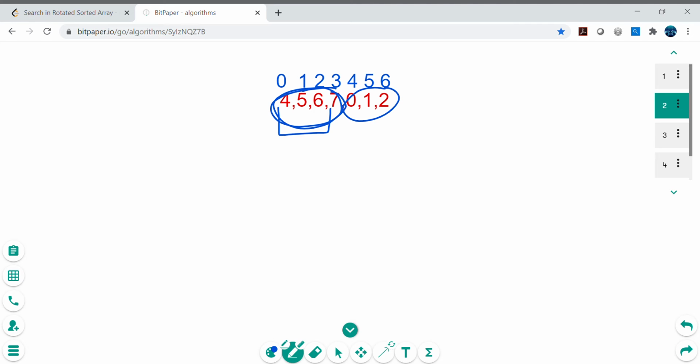But what I mean to say is, whenever we go to the left, we will make sure whether the left part of the array is sorted or not. How will we make sure? We check if start is less than or equal to mid. If it is, then we check whether our target, that is the given 0, is falling in this range or not. What does that mean? If 0 is greater than or equal to 4 and less than or equal to 7, if 0 is falling in this range, then we will be searching on the left side. Otherwise we will be moving to the right side. So that's a very simple, typical binary search algorithm, right? So let's go ahead and do that.